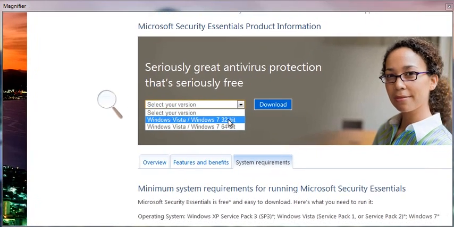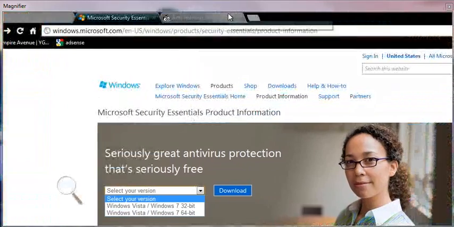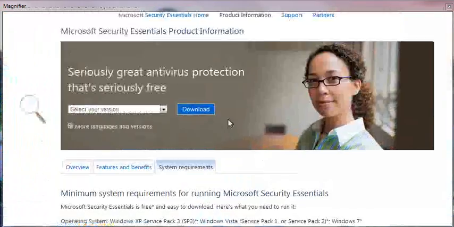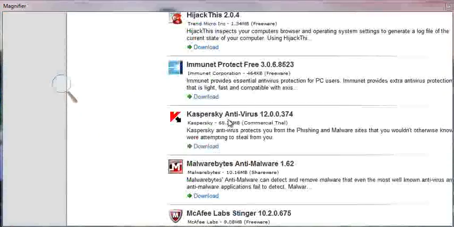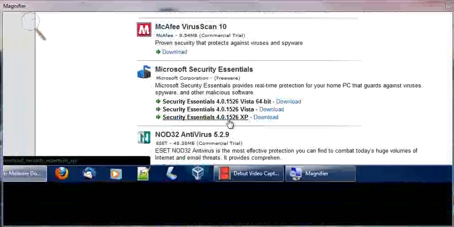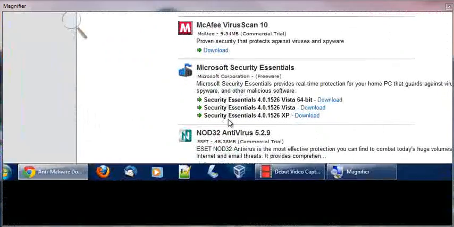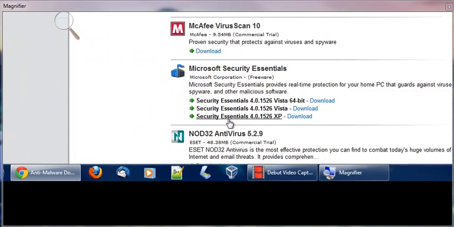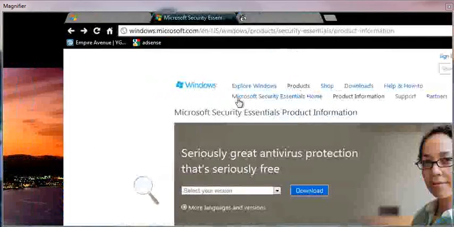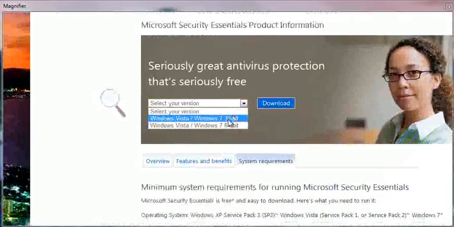There's Windows Vista and Windows 7, 32 and 64, but for some reason they don't have the XP version on here, so you're going to go ahead and download a special version for XP. I don't know if it's different or not, but here's the XP if you were interested right there. You can zip over to File Hippo if you want it on your XP machine. But if you have an XP machine, I think it's time to upgrade to at least 7, now that Windows 8's around the corner. But anyway, on their main website they have two versions, the 7 and the